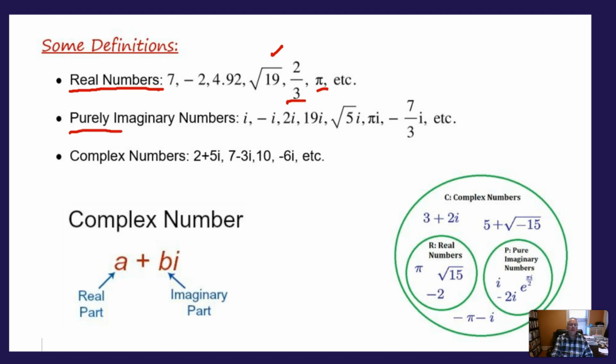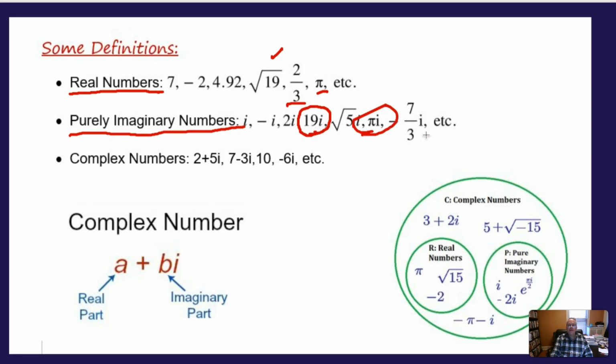A purely imaginary number is a number that is a multiple of i. Like when you take a real number, for instance 19, and multiply it by i. 19i or pi times i or -7/3 i, these are all examples of pure imaginary numbers, a multiple of i,